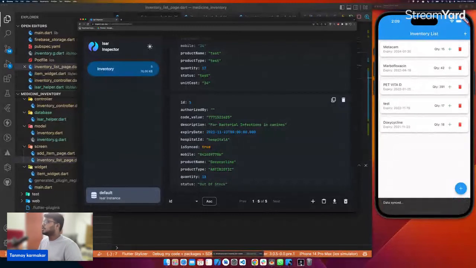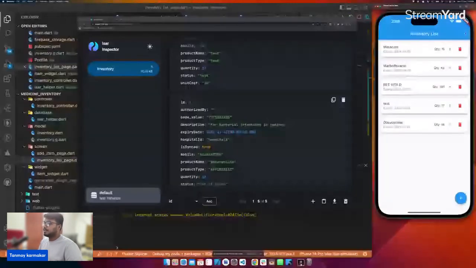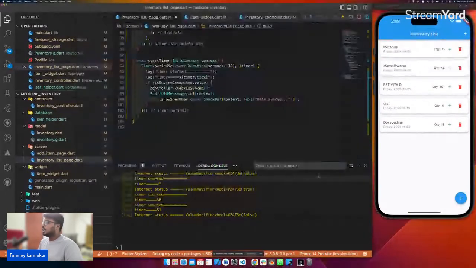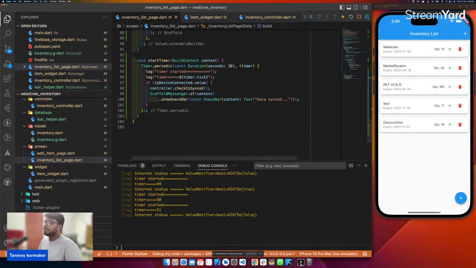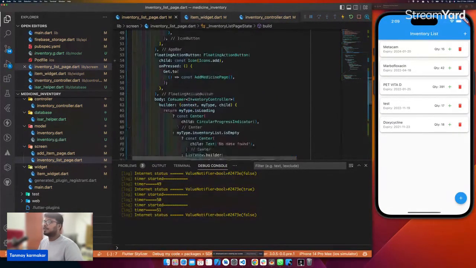Okay, so let's say I don't have internet again. I don't have internet, and I delete one item. Now let's see the function behind this delete. So here, if I go to this,